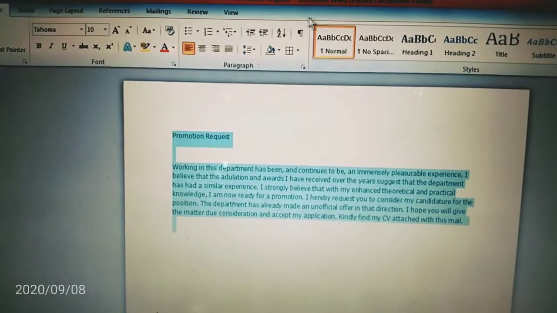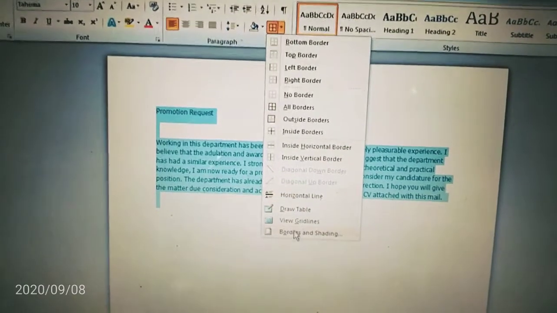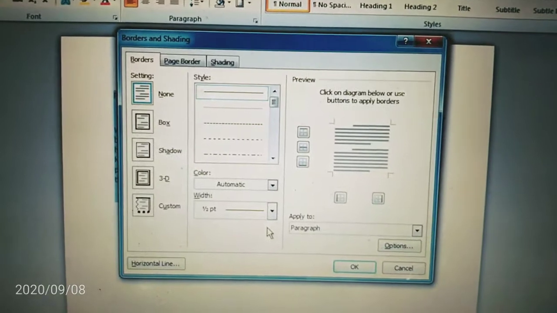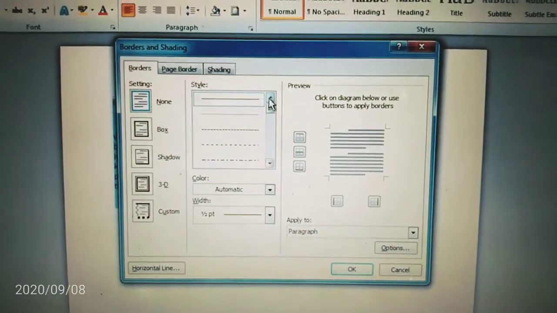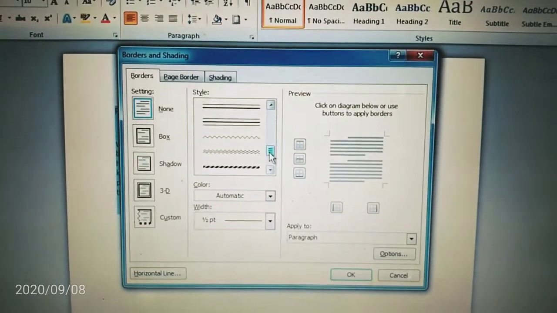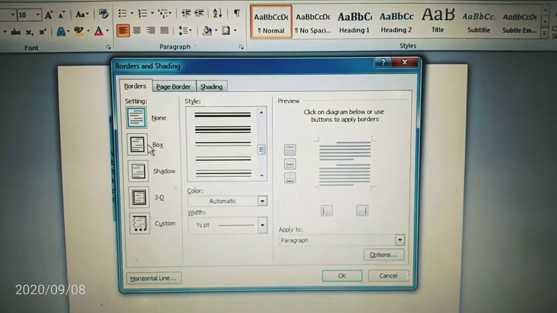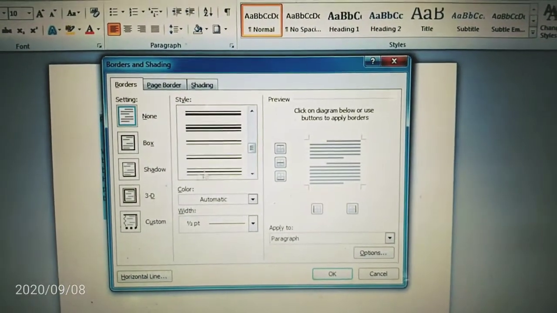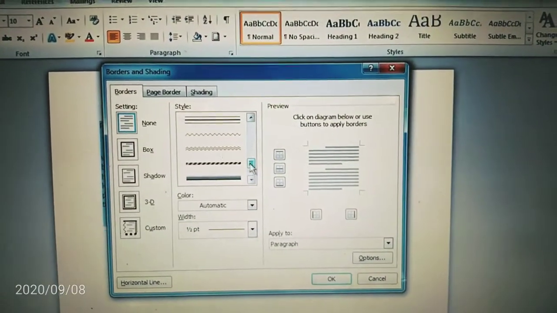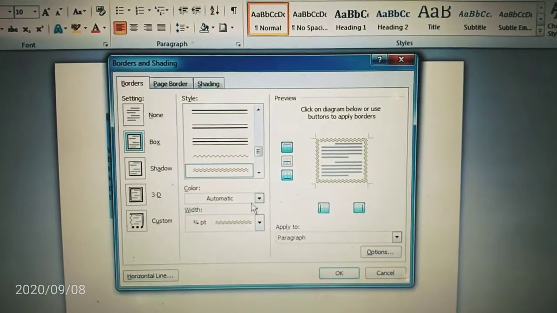Now you can see what more options there are to add borders. We'll go to Borders and Shading. Now click on that, and I have got the Borders and Shading dialog box. Here you can see many different types of borders. When you scroll down, many different kinds of borders are there. Whatever you want, you can add. Box, shadow, 3D, many styles are there. Here you'll get the preview. Suppose I select this border. Here the preview is given, and here you can give the color also.